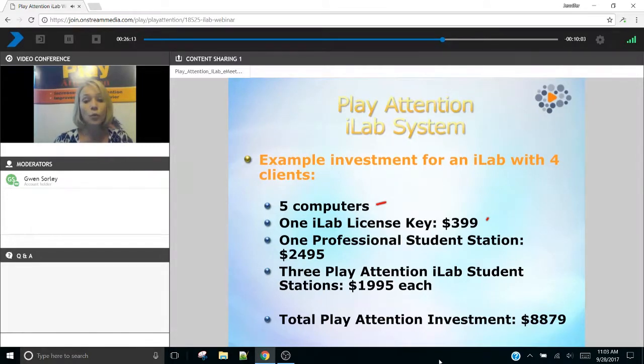You'll need at least 1 professional student station, and then you will need 3 iLab stations. So these stations right here, those are all stations that will be used with students. So that is 4 students right there. 1 student will be working on the professional station, and then 3 other students at the iLab station. This means your total investment is